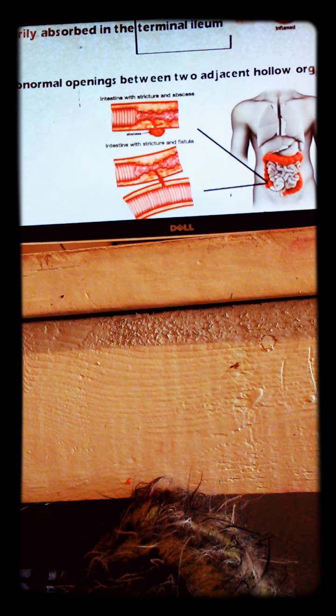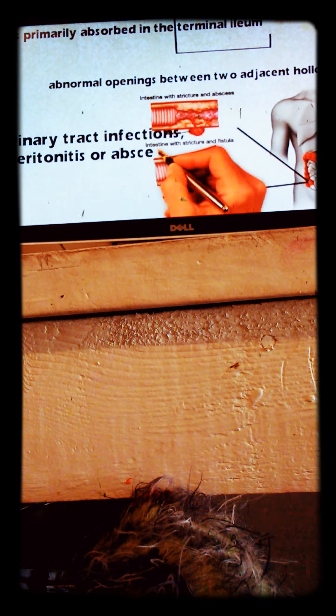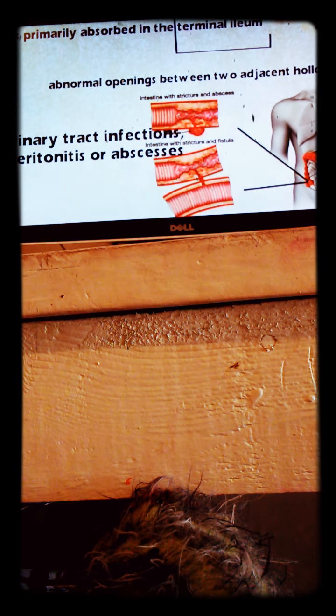Intestinal obstructions often require surgical intervention. Fistulas are another possible complication and are defined as abnormal openings between two adjacent hollow organs. Fistulas often create high-risk scenarios for urinary tract infections, peritonitis, or abscesses, depending on where the fistula is located. So to recap, Crohn's disease is an inflammatory bowel disorder that results in non-bloody diarrhea 5 to 6 times per day. Patients often experience cramping abdominal pain, fever,